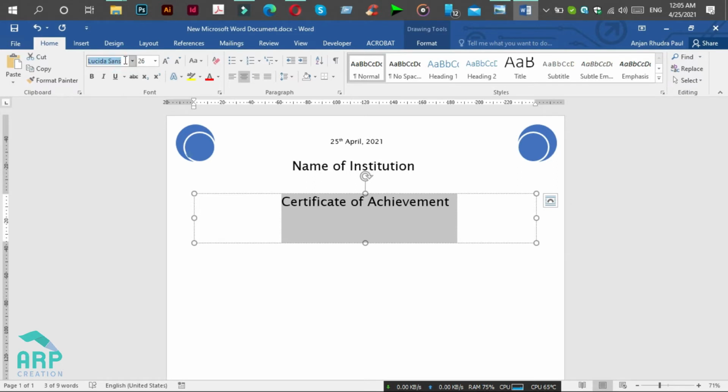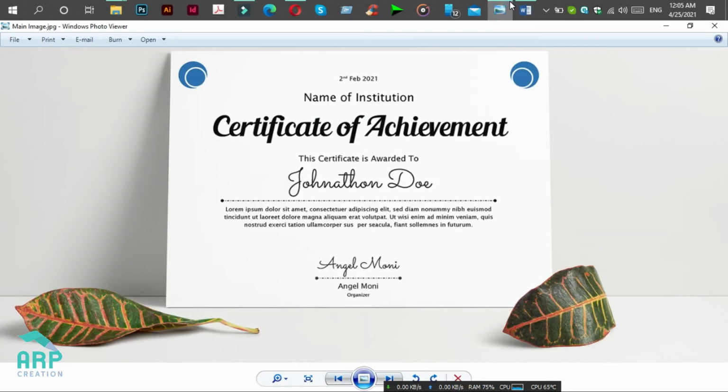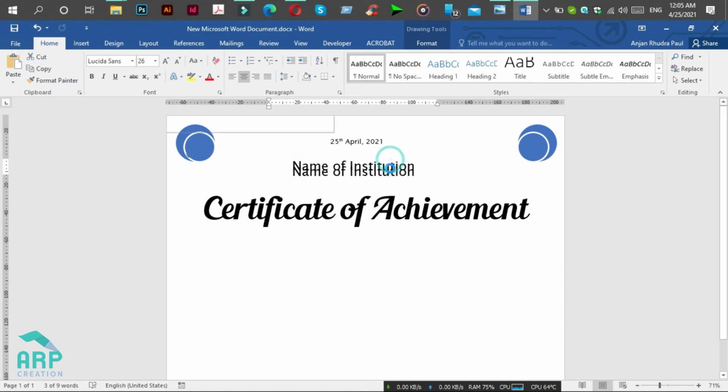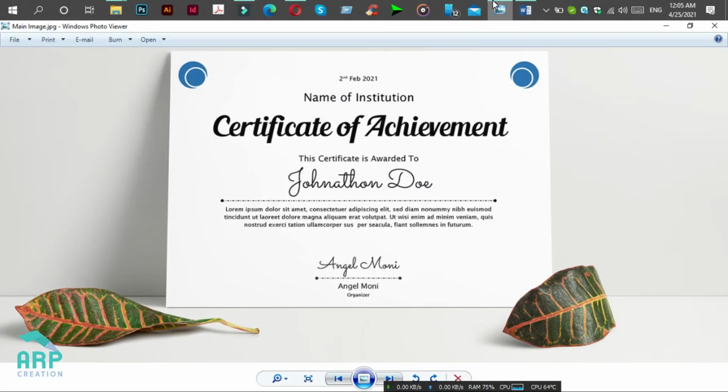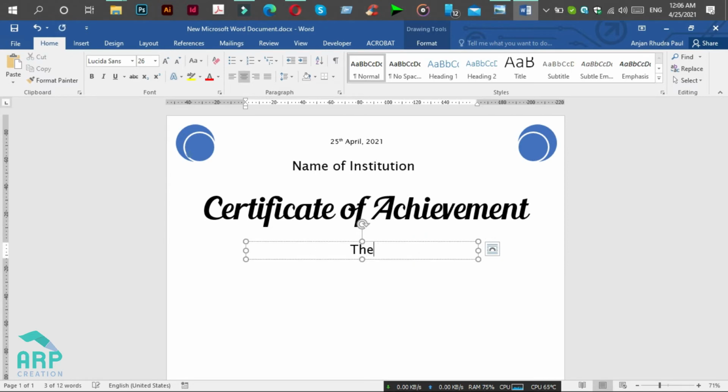And change the font to Blenda Script, and the font size will be 65. Change the font size to 18 point.